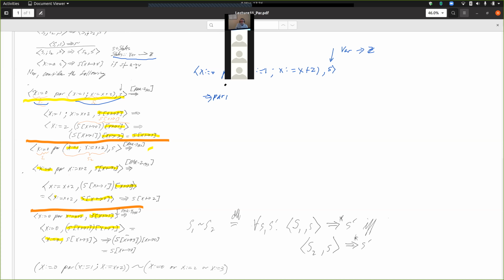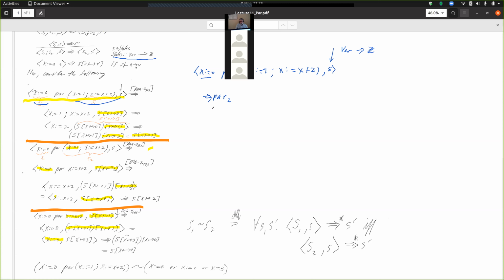This is actually the rule par 2. So by par 2, small step semantics, this evaluates to